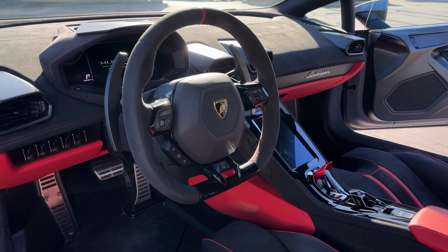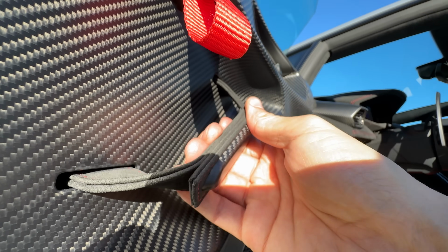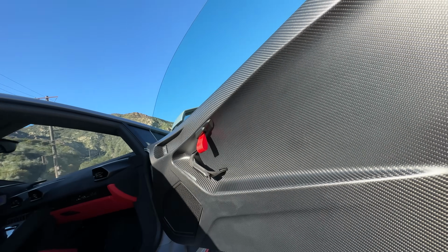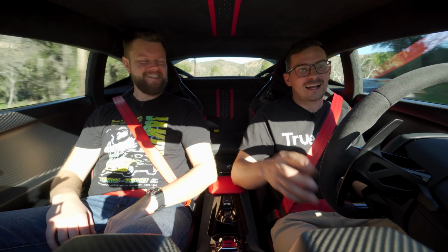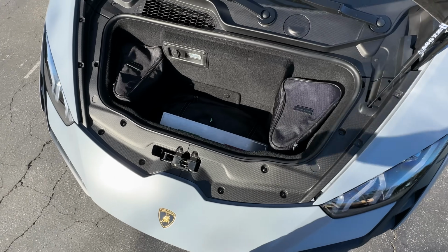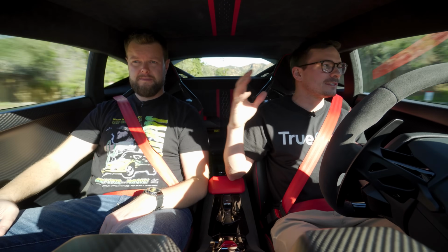And then if you could spec out your own Tecnica, would you do door pulls or would you prefer just a normal handle? 100% door pulls. Make people know that this is a lightweight race car. And even though you have nowhere to put your elbow on the left except for this hard thing. Yeah, I did notice that as well. I was like, you know what? It's a race car. I'm starting to think that if I was a Lamborghini owner, I'd be on the softer side, you know? Yeah. And then front space, we actually have a pretty decent sized front. If there was nothing in there, you could probably fit a carry-on just fine in there. For sure you could. So with actually being able to drive it in proper canyons in more than one turn,